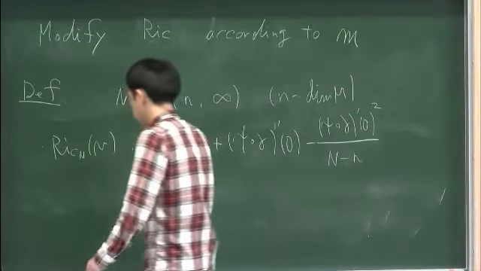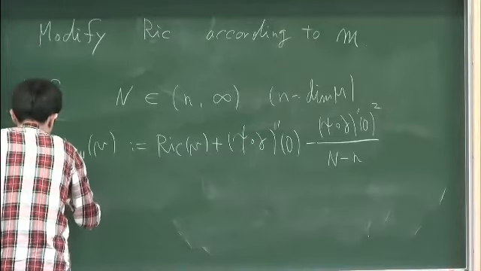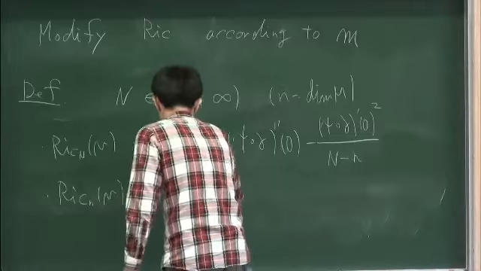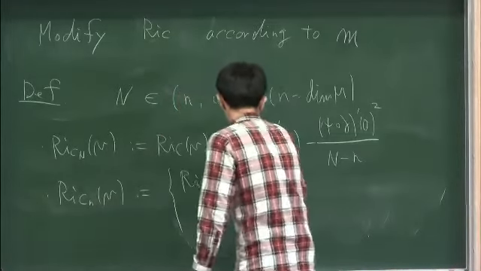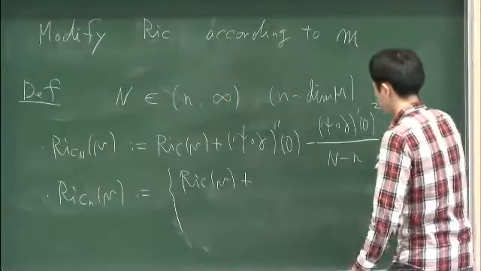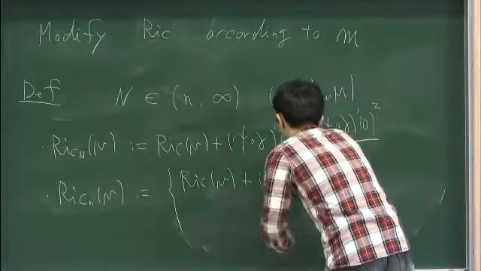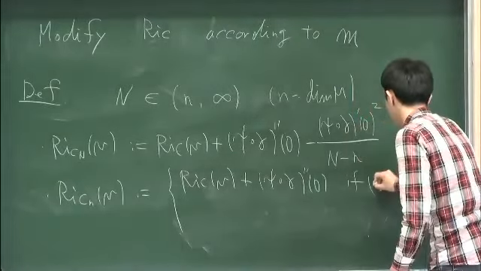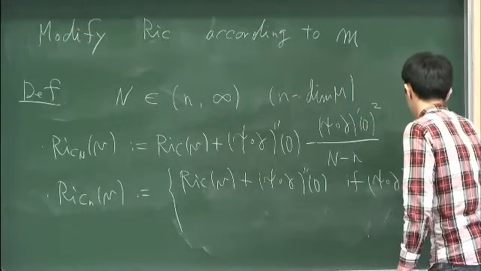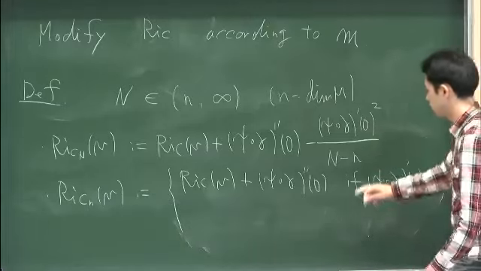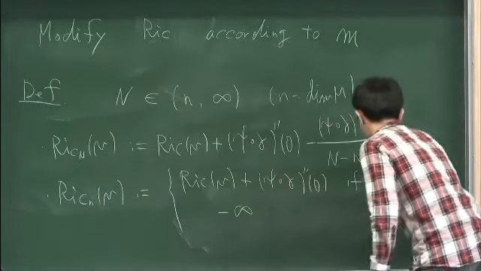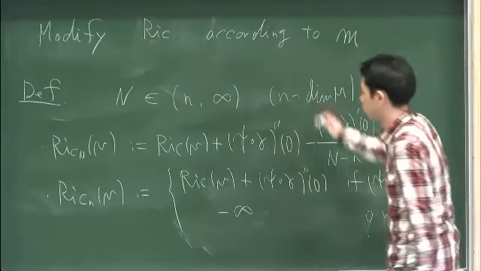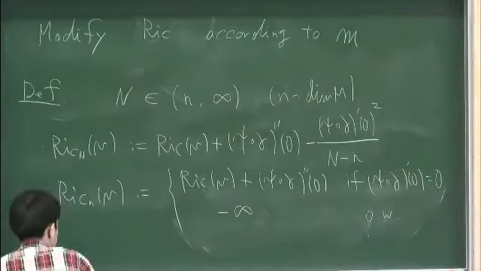And for the limits, we define Ricci_n as a limit. So if the third term vanishes, this is well defined. If this third term vanishes, and otherwise this should be minus infinity. Okay, and also for the infinite dimensional case,